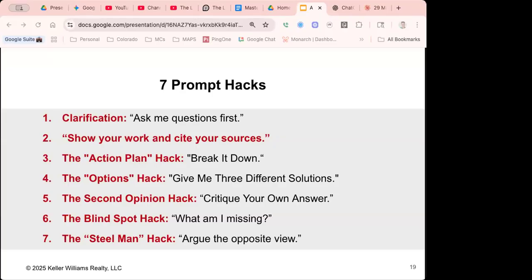You can tell Chat what you want. For example, if I'm doing an MLS listing, I know that I have 2,000 characters in my listing description. I will tell Chat to give me a listing description based on the property details, all the information I've fed it, to stay within that 2,000 character limit, and to give it to me at a 4th or 5th grade reading comprehension level. And one more thing, I will tell Chat to use search engine optimization words that the buyer is most likely to use on the internet,